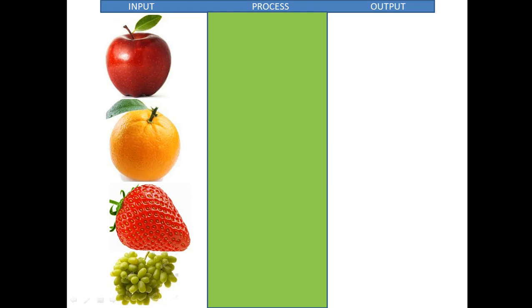Okay, let's start, what we will do in this. You look at this. I will tell you one by one how all these things will happen. After one click you can see this. All fruits are going for process. After cutting and mixing of salt and other things, you can see the output, our fruit salad. Okay, let's start one by one how we can do this.